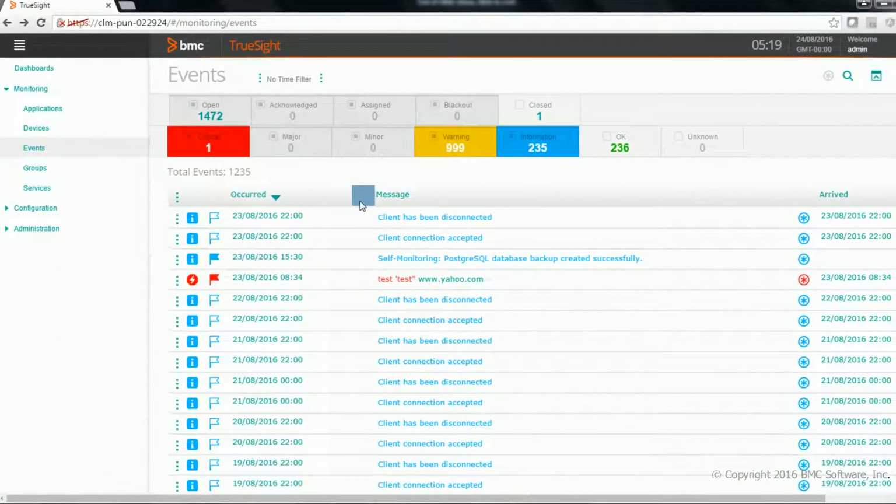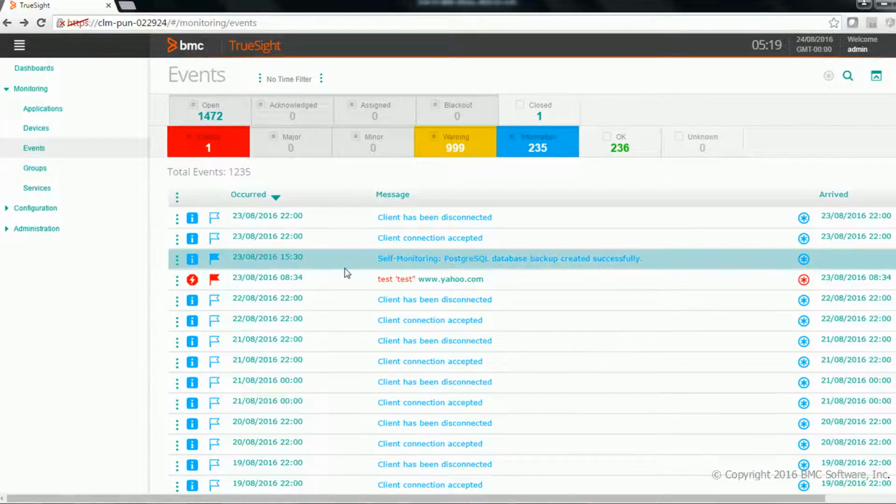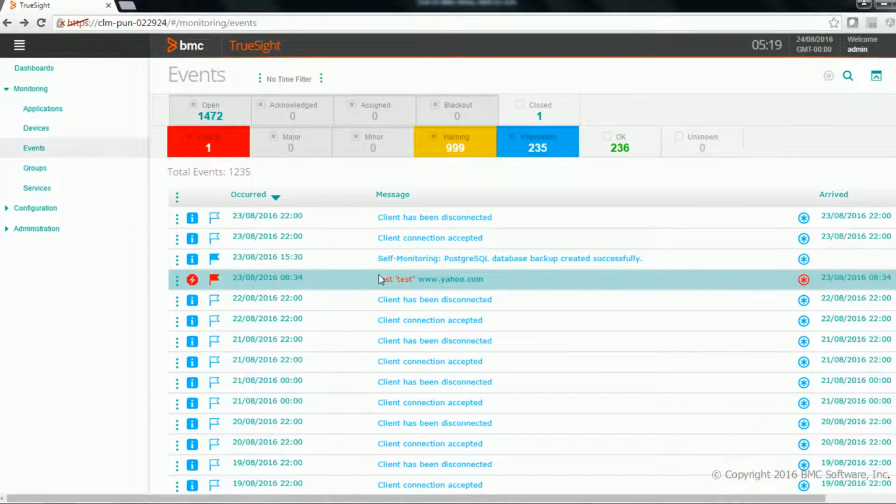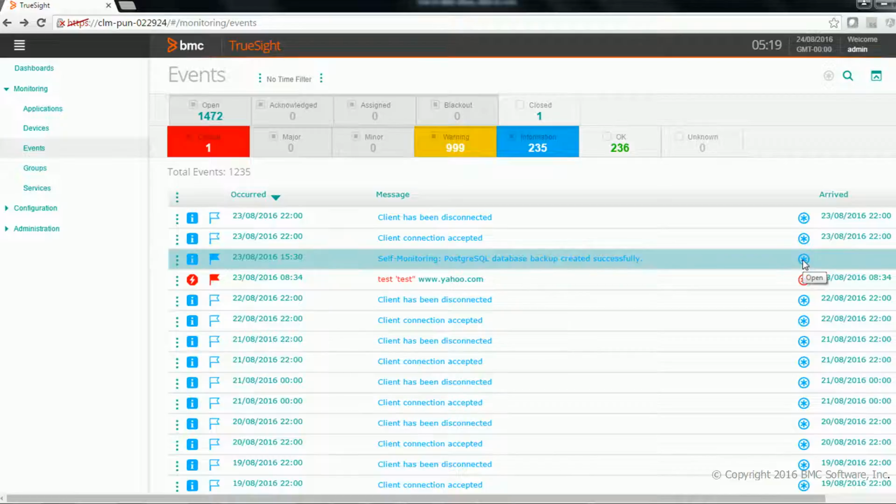Okay, so this is the TrueSight Operation Management server that I have logged in as an administrator. On event view, the event information is coming in the form of rows. In each row, you see the information like the severity, priority, time when it occurred, the message, and the state of an event. But besides that, the event can also have many other pieces of information as well, which the user may want to see. Now there are two options to see the entire detail of an event.